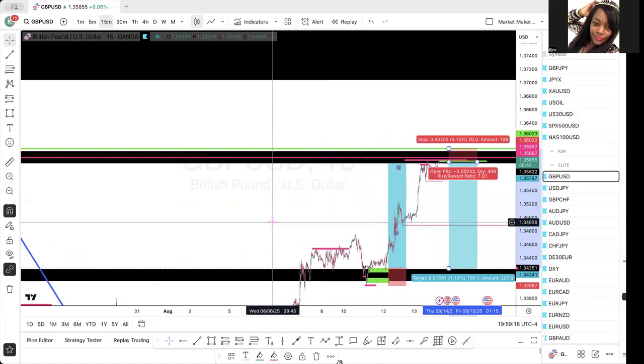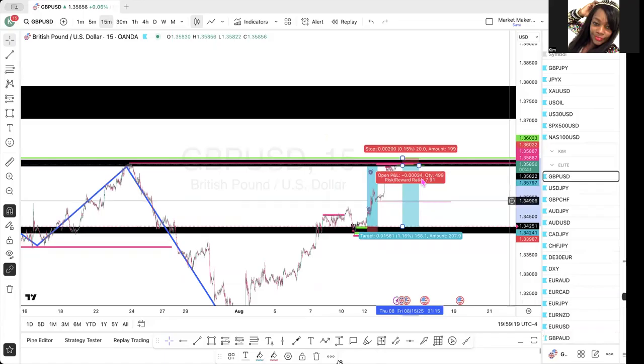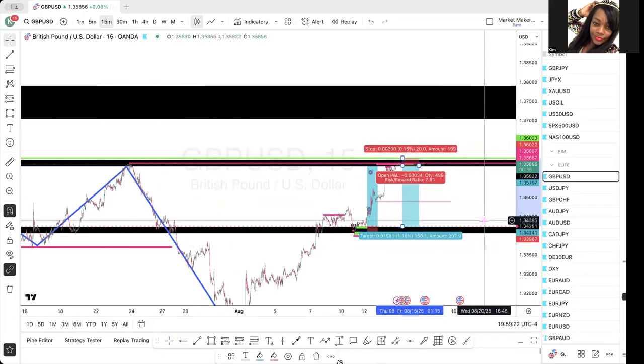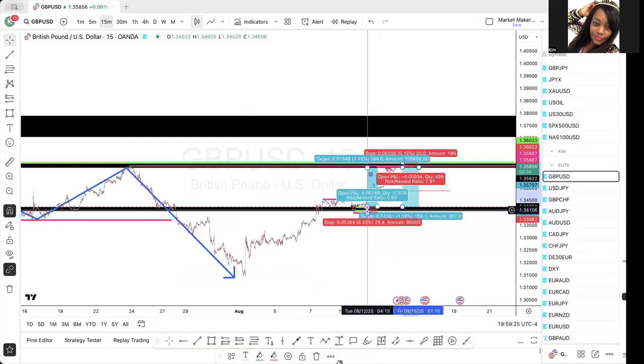But that's because technically, like I said, as long as price doesn't break this high, you can really, if you wanted to. No, I would say take it to the next zone. Take it to the next zone because you want to build the liquidity. You want to strengthen your psychology. You want to start trusting your analysis. So just take it from one zone to the next. And technically, I don't care how many pips are from one zone to the next zone